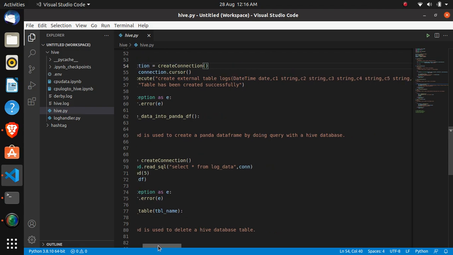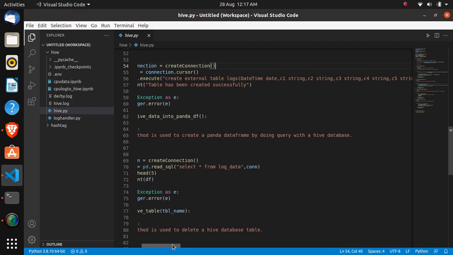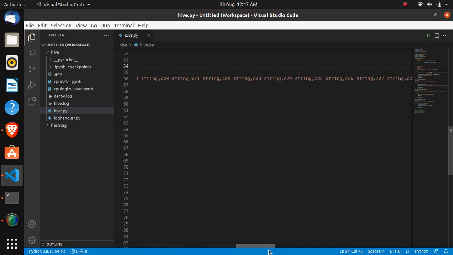We can load our data without column names also, but sometimes while running a Hive query you will face errors like missing values. For that purpose, I am adding column names here.